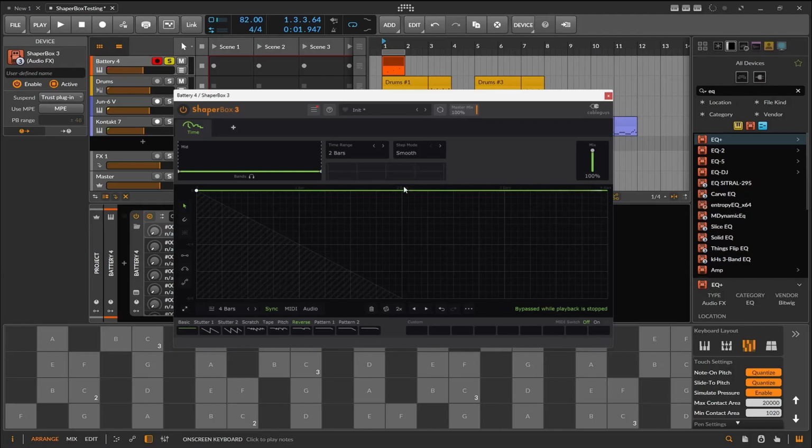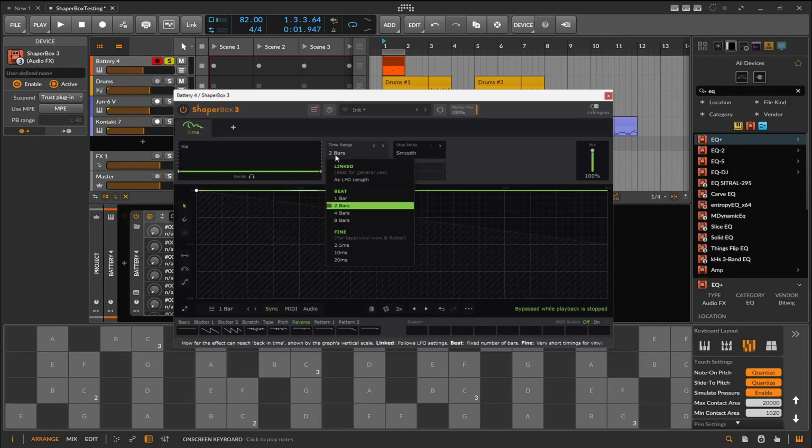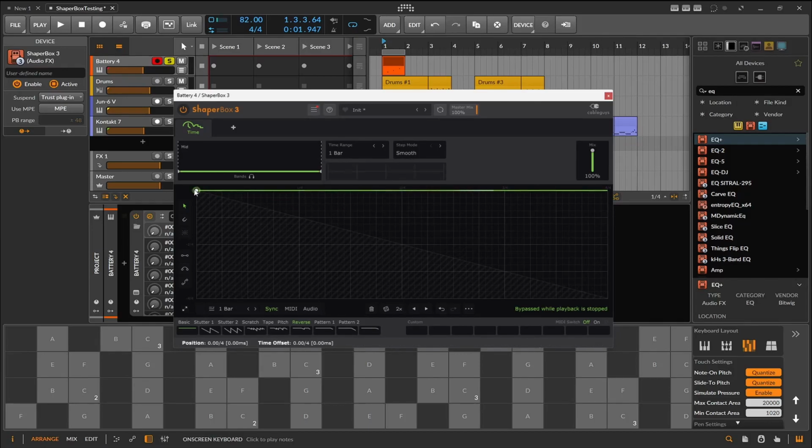very dark. But there's a line right here, a line right here, a line right here, and a line right here, and it corresponds to the time. So this would be a fourth, a fourth, a fourth, and a fourth of a full bar. So when you're looking at the time management down here, if you say the range is going to be a bar in length, so this is a full bar from start to finish,